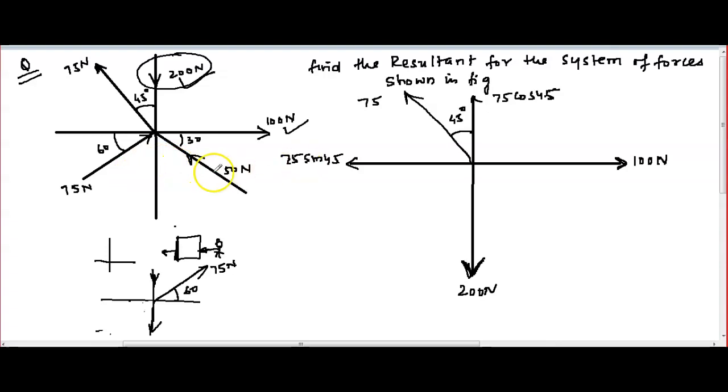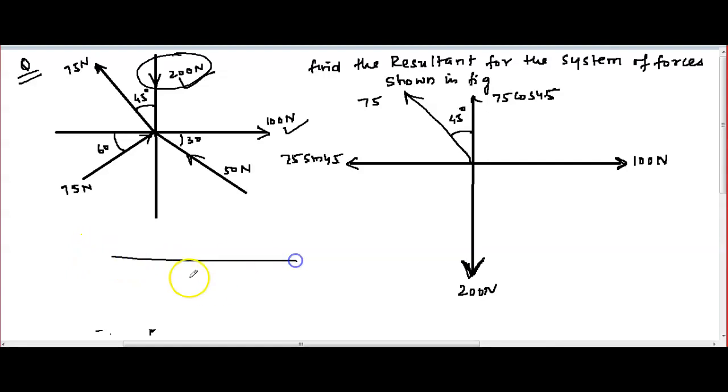So what I did here, I will explain once again. This 75 Newton was given here and it was extended, so this angle was 60 degrees and this force was 75 Newton. So this will be 75 Newton, and this angle will be the opposite angle. Don't write this one as 60 separately; it is the opposite angle, so this will be 60.